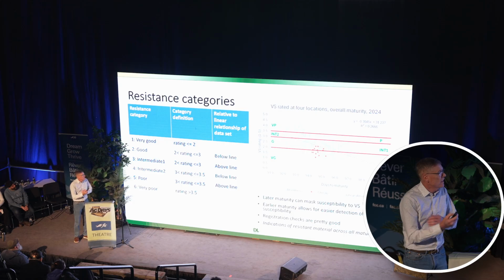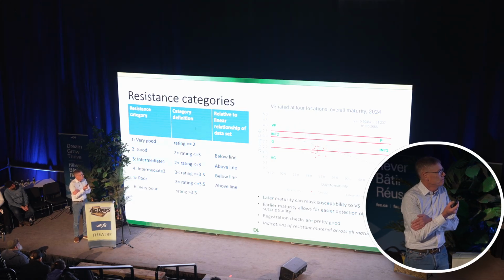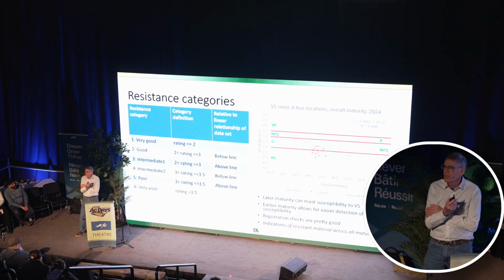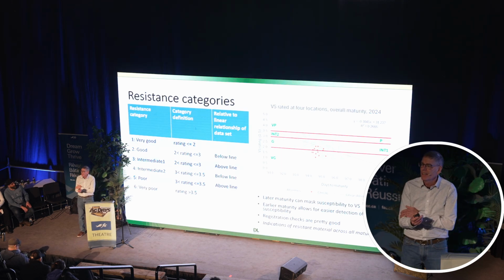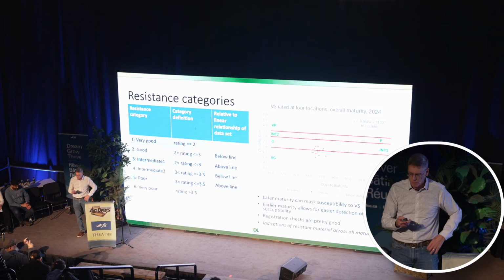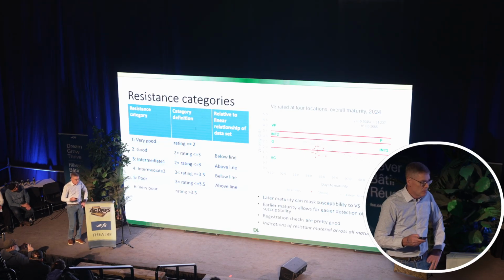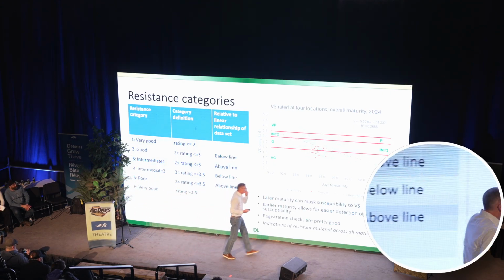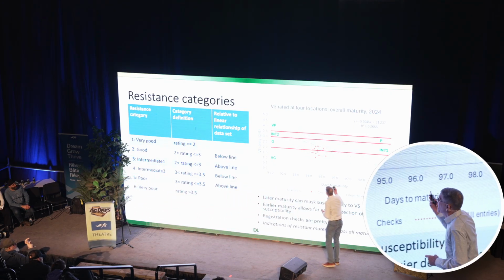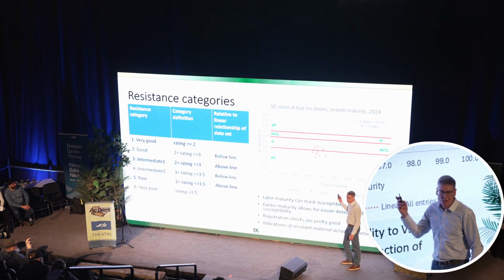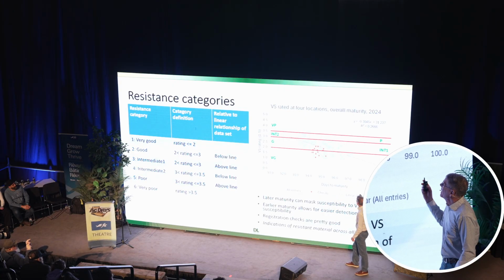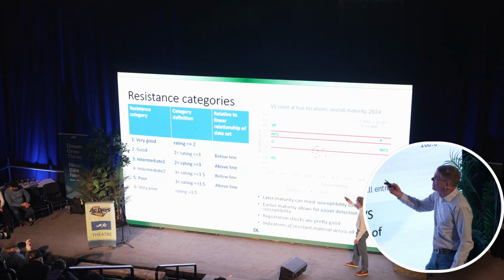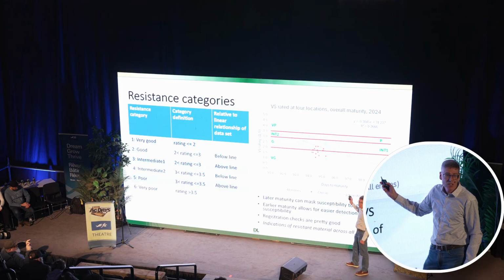Yes, so this is the next slide here. And so you have this rating scale, but as I mentioned right at the outset, maturity is affecting the ability to detect the disease. So this is data from 2024. This is 225 hybrids, I think. And these are all the disease ratings from 1 to 5 charted against maturity.